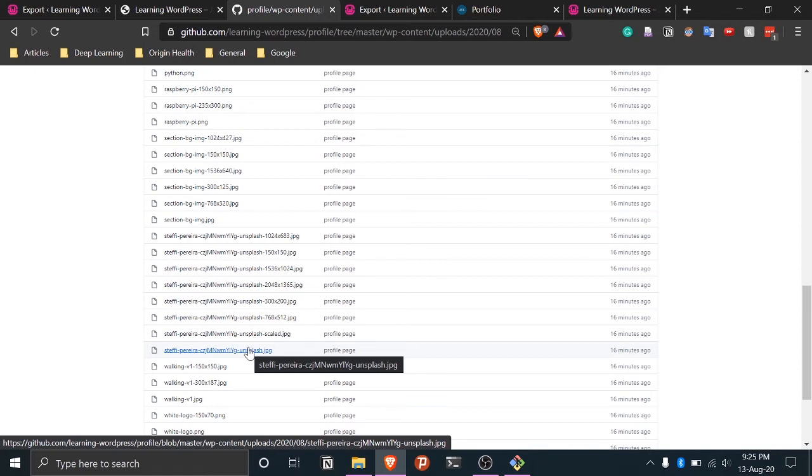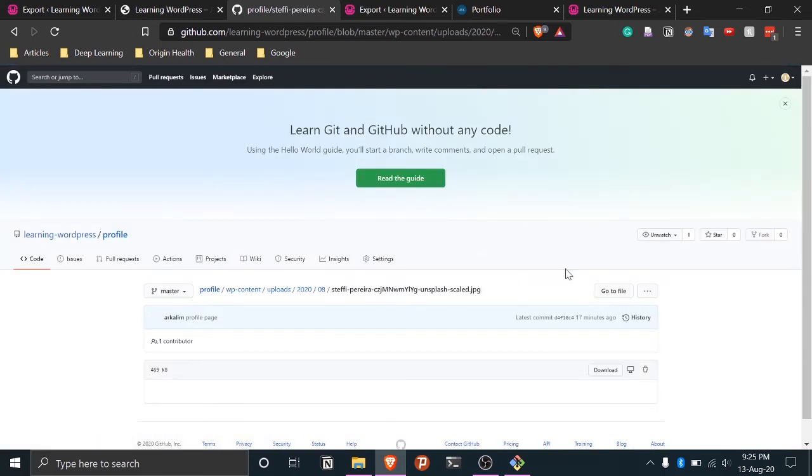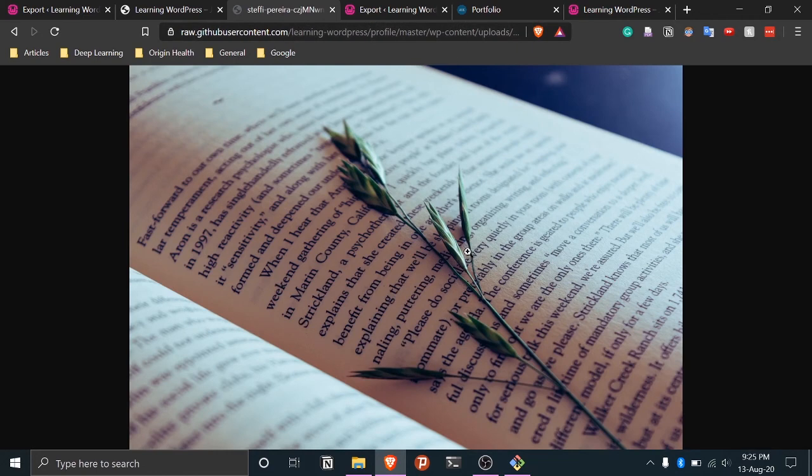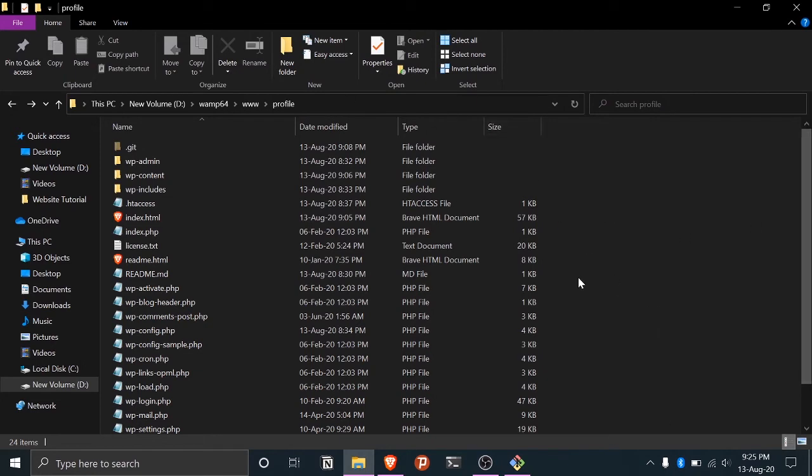So if the viewer has a slow internet connection and loads your website, this image will take time to load, so it won't appear nice. So it's better we choose the scaled version. So we go there and then we go to download. So you can see it's just 500 KB in size. This is not even an MB. So we'll copy this link and we'll repeat the exact same process that we did for the home page.